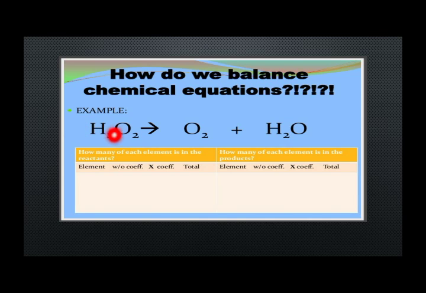So in this way 2 2s are 4 oxygen. Now if we have 4 oxygens over here, what will happen over here? We have 3 oxygens over here. So what we have to do again, we are going to add 2 over here again. So in this way the oxygen becomes 2 and this 2 becomes 4. 2 plus 2 is 4. So here will be 4 oxygen, 2 2s are 4, and here is 4 oxygen, 2 plus 2 is 4. So in this way the oxygen becomes balanced between the reactant and the product.